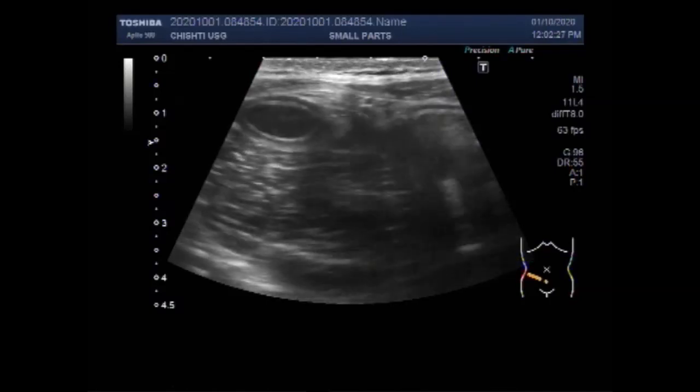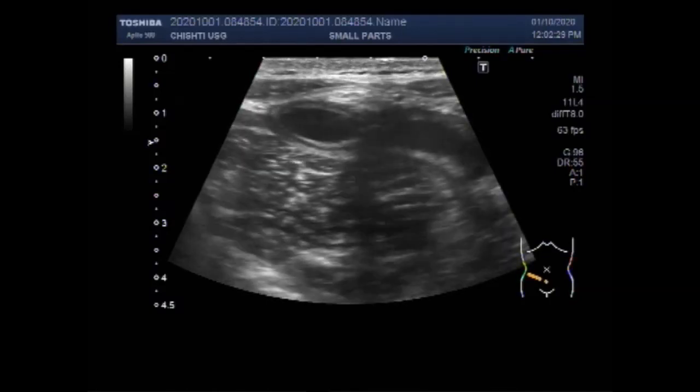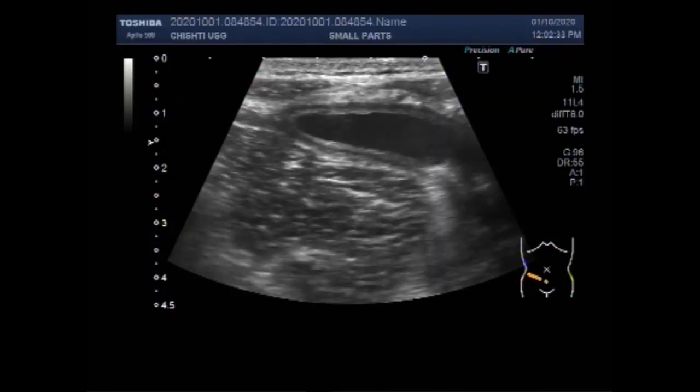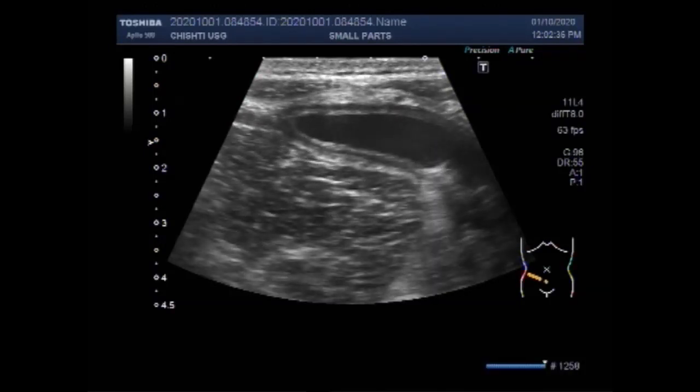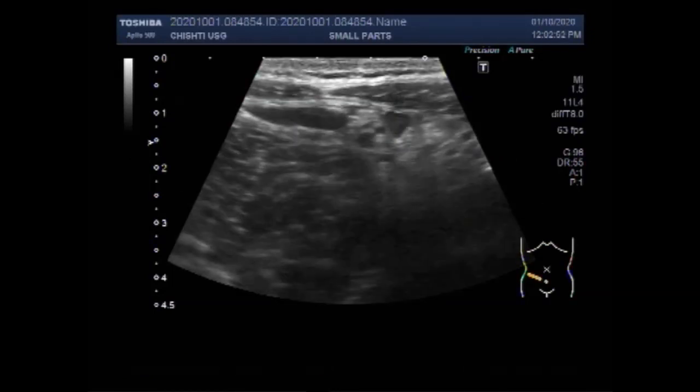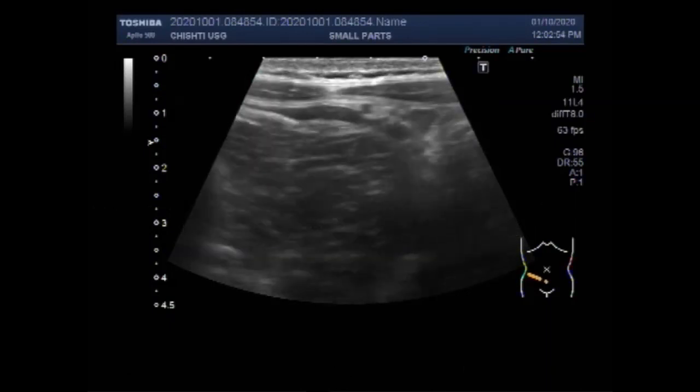This is a case where the patient is experiencing intense pain in the right iliac fossa. When acute appendicitis is suspected, you can scan the patient lying supine. I selected a high frequency, that is a 7 to 11 megahertz transducer. You may put a pillow under both knees of the patient to have the abdomen relaxed.